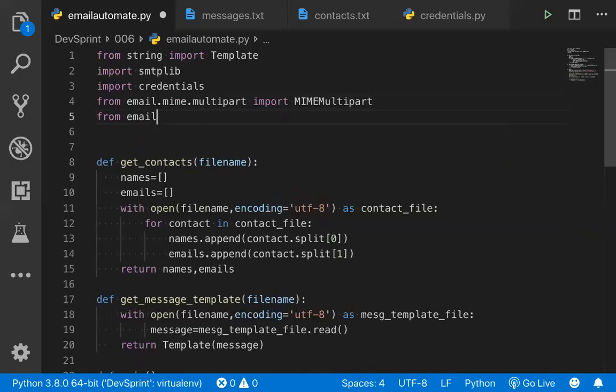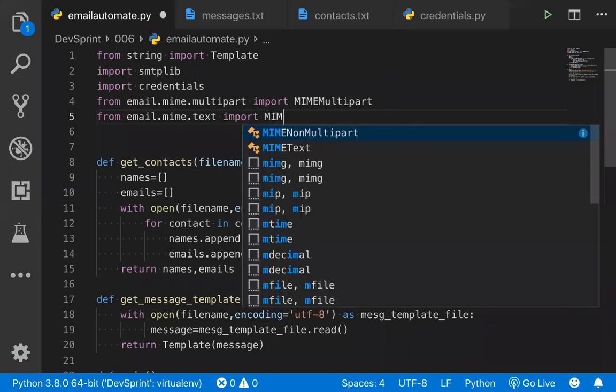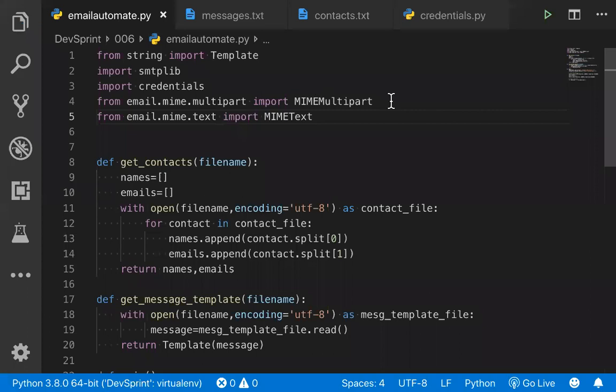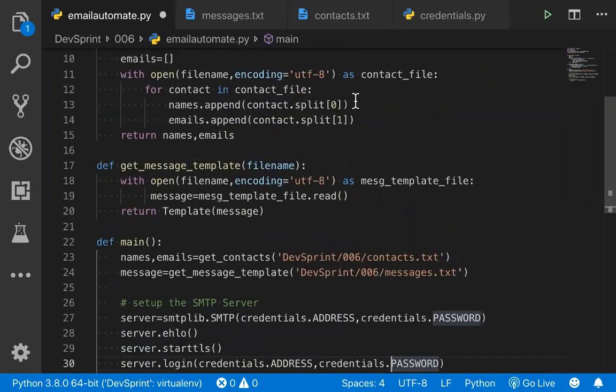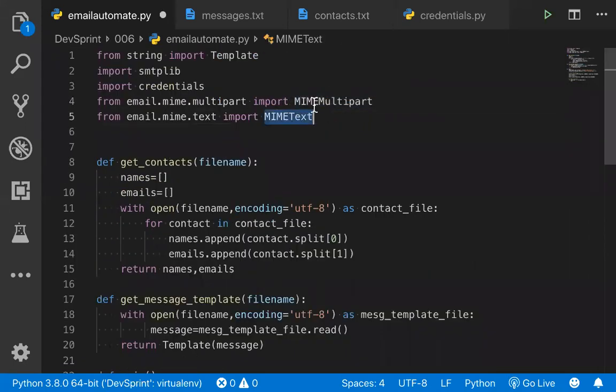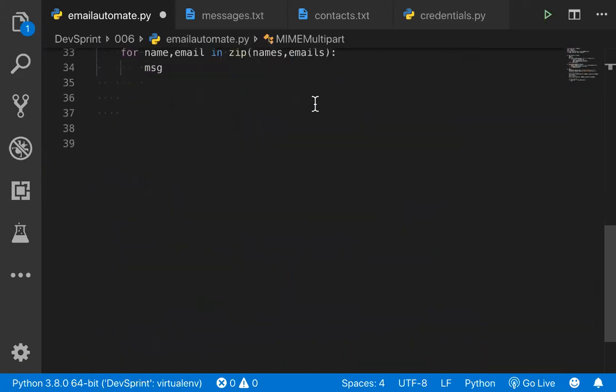We also need something called email dot. Sometimes we use only text. If you are using only text, we can use text here. That option is also provided by the Python module. So we can use MIME multipart or MIME text, both are possible. Now, once you have the names and emails, what is my next step? After that, I'm going to create a message for this class. These two are classes. I'm using this class and creating an object here.